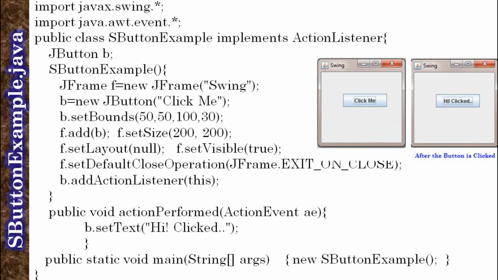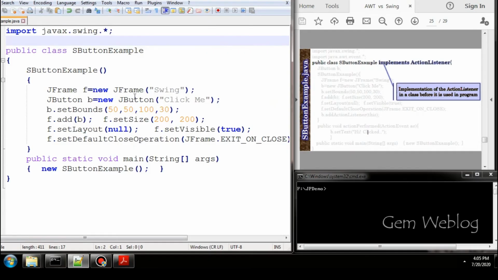Now we will see the demonstration of this program. Now we will see how to handle the event by implementing the corresponding listener interface. First you have to import the corresponding packages into the program, java.awt.event.